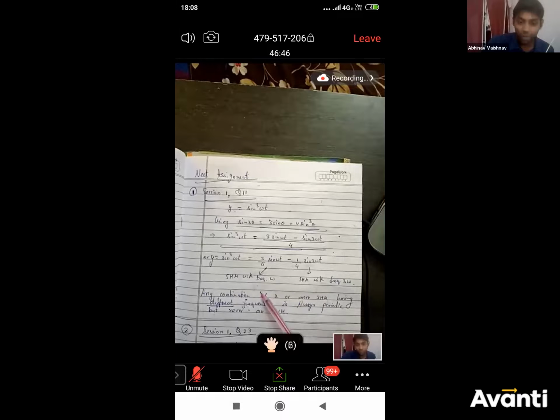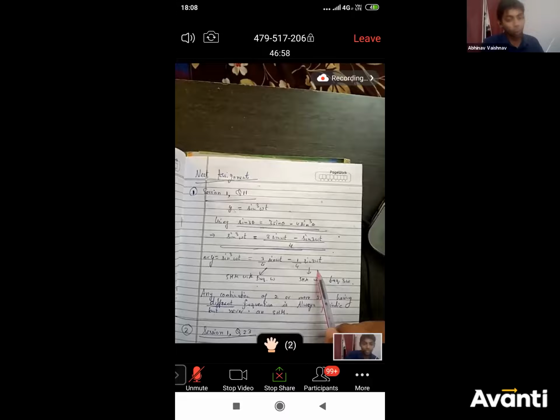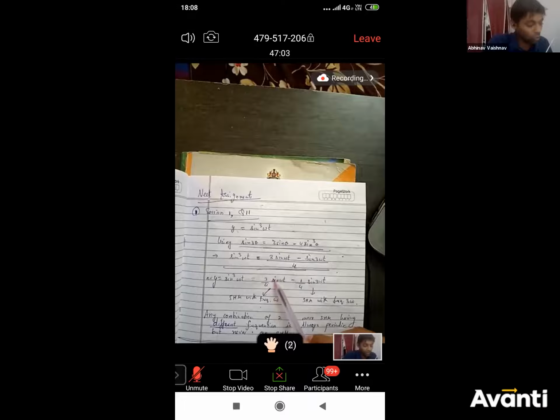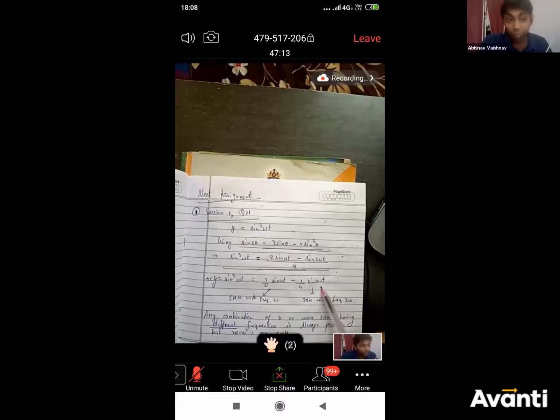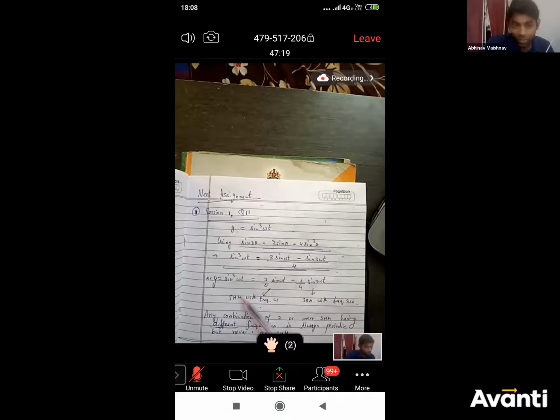So we have this y as a combination of two functions. The first function is 3/4 sine omega t, and the other is 1/4 sine 3 omega t. We know both of these individually are SHM. This is an SHM with frequency omega and amplitude 3/4, and this is also an SHM with frequency 3 omega. So now the question is, will y, the combination of these, be SHM or not?